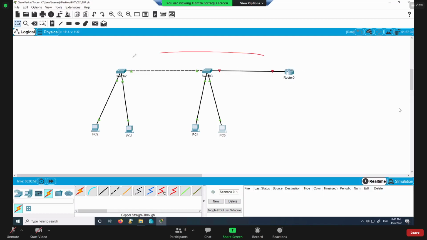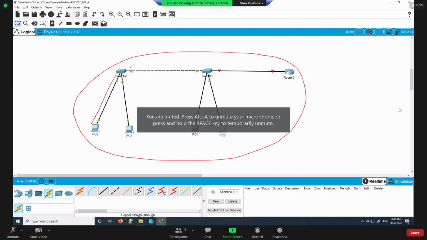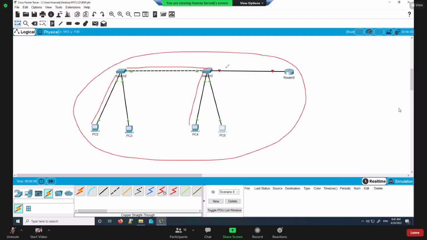I mean the same hardware, the same physical network. We can have multiple networks. Let's say this one is going to be my first network, the red one,